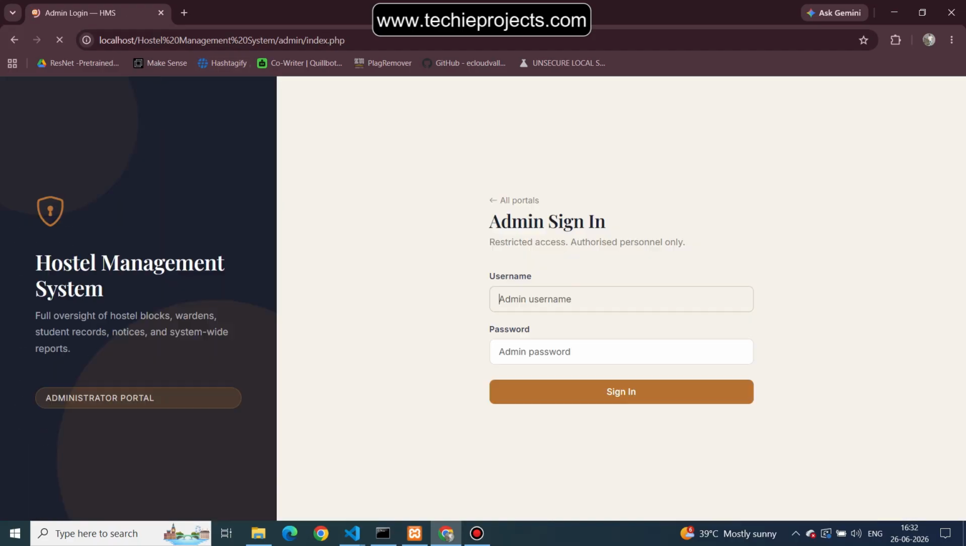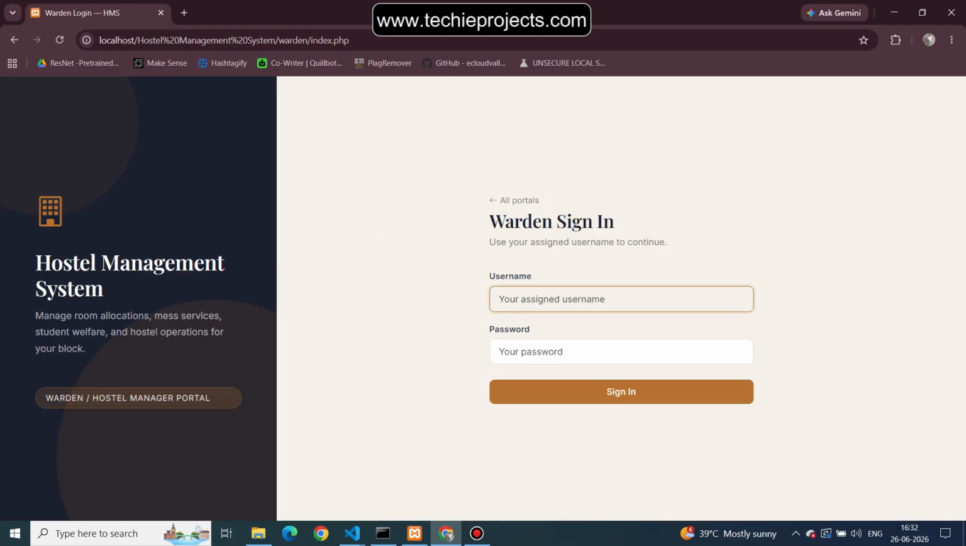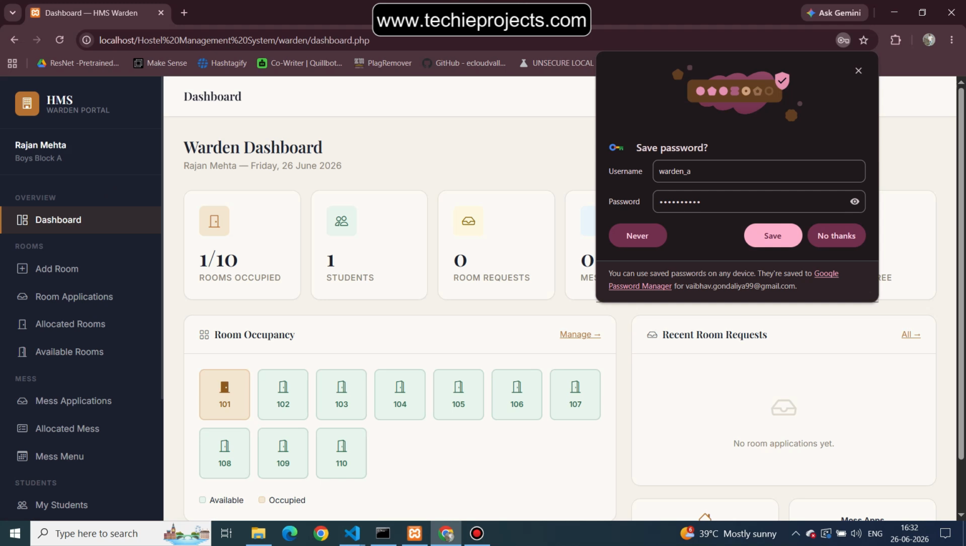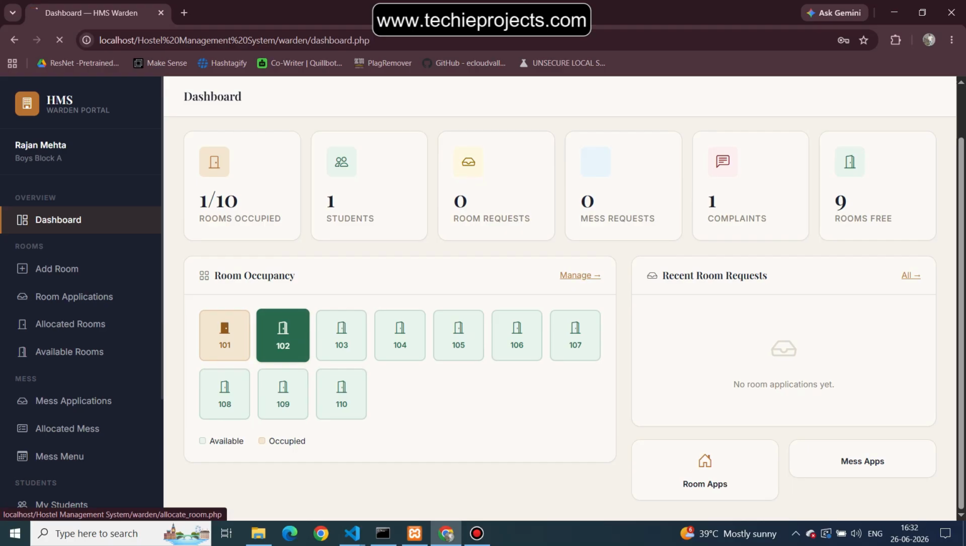So let's log out and log in with a different section. Like I'm logging in with the warden section. You have to first create the account of the warden. I already have created the account, so I just click on sign in. You have to create the account of the warden from the admin section. Now it will open the dashboard section where it will show the room occupied, strength, room request, and mess request,